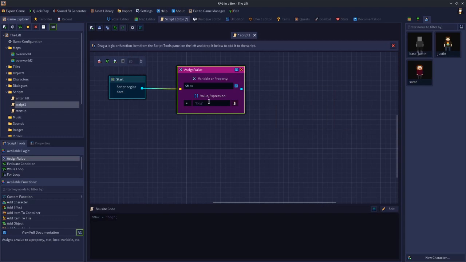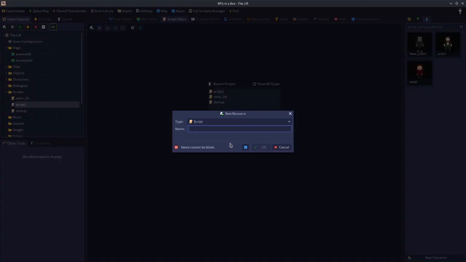So local variables, as I say, they exist within their own script. Here I have a script called script1. If I save this, then this script has a variable called $max, and it currently equals the text dog. If I was to close this script and create another script